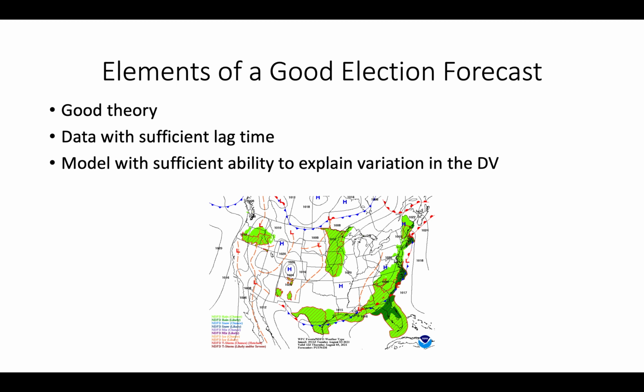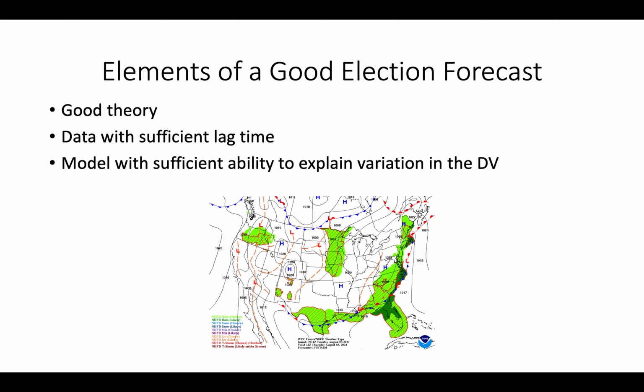A final element to a good forecast is the model should have sufficient ability to explain variation in the dependent variable. In the case of election forecasting, we're normally speaking of vote share for the incumbent candidate or incumbent party candidate. Our typical measure for explaining variation is r-squared. Ideally, we would like an r-squared that is close to or above 0.70, or 70% of the variation explained in